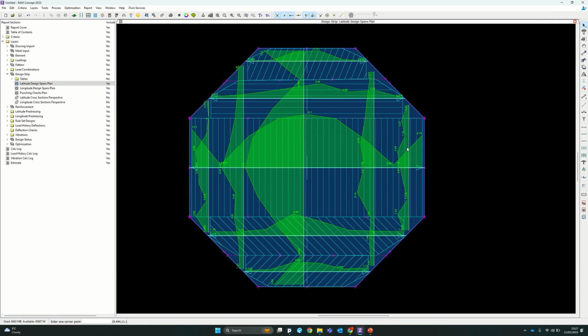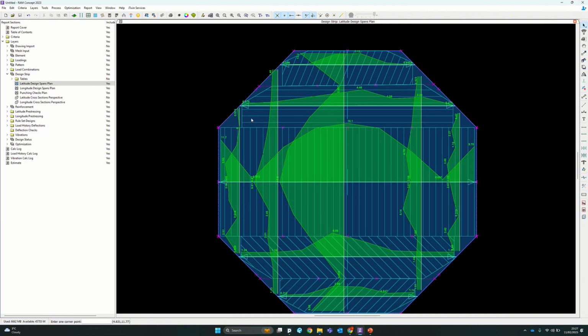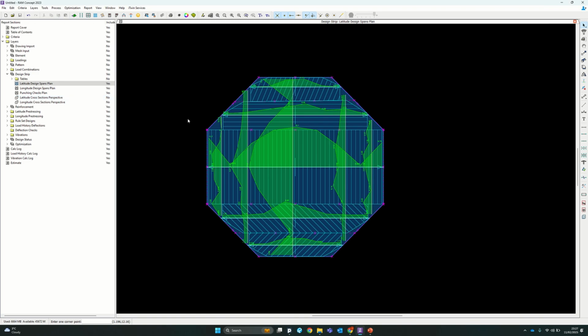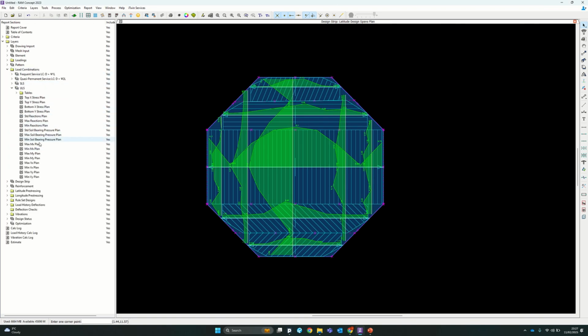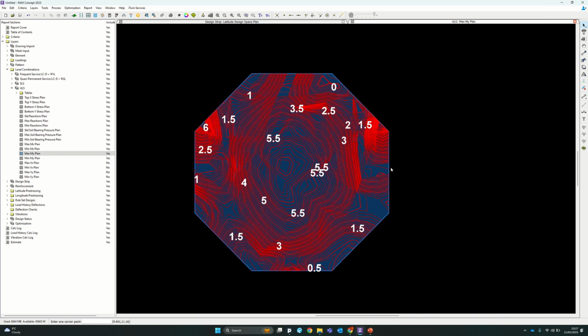certain specifically accurate areas of the slab. It's a lot better for highlighting specific regions than the big plots that you get with the load combinations. Say for these maximum bending plots, you can read contours off it and get a generalized understanding of moments, but that just gives you a much better